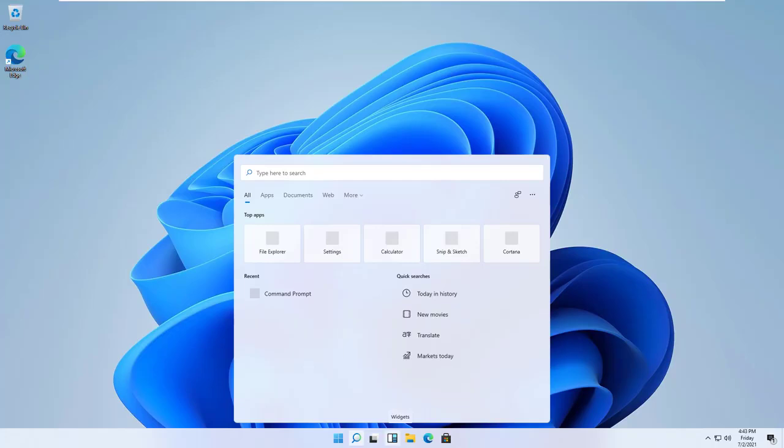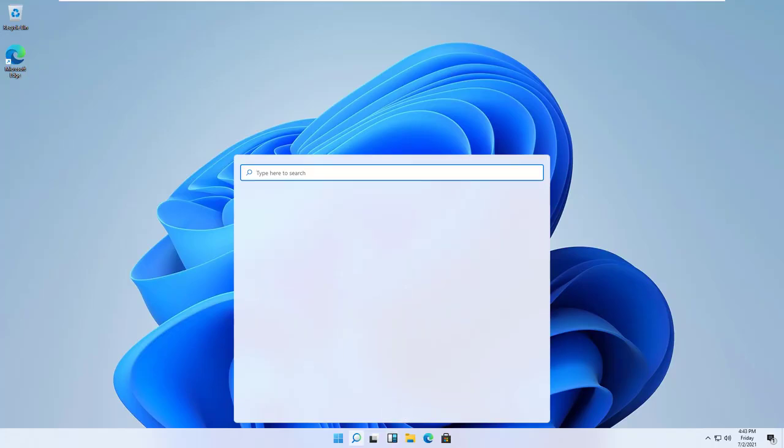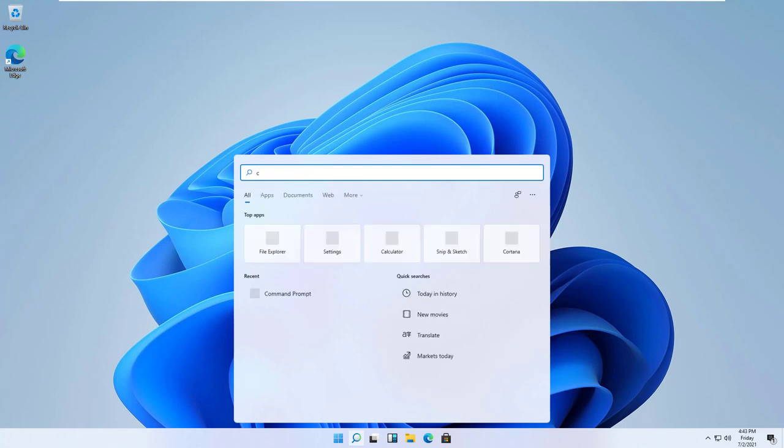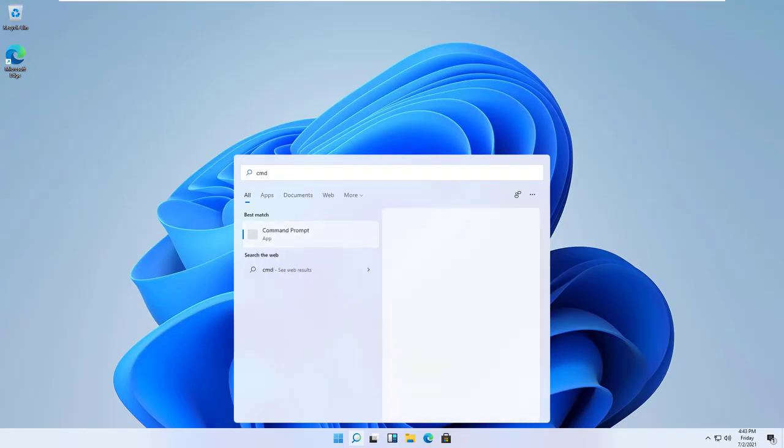So I'm going to use CMD just to have this. It's very slow.